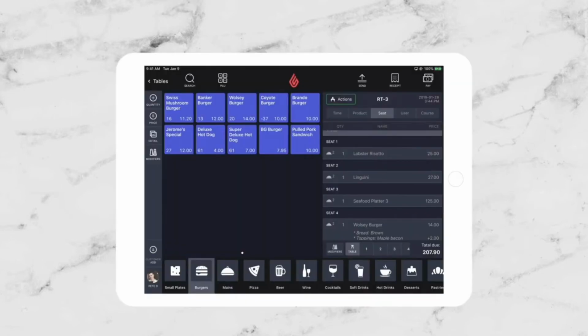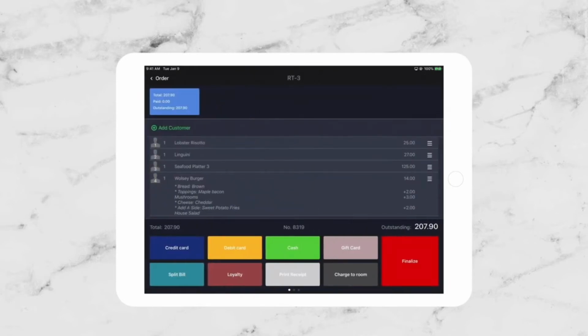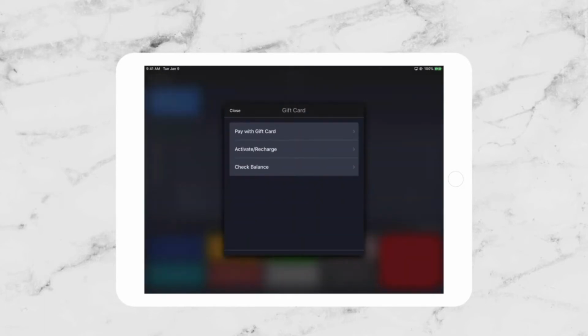When we are ready to close out the order, click the Pay button to take the appropriate payment method from the customer. Lightspeed gives you the flexibility to support and take different types of payment, such as cash, credit, or debit cards. In addition, we have a built-in gift card module where you can sell or redeem gift cards within your business, a loyalty program for point collection and redemption,